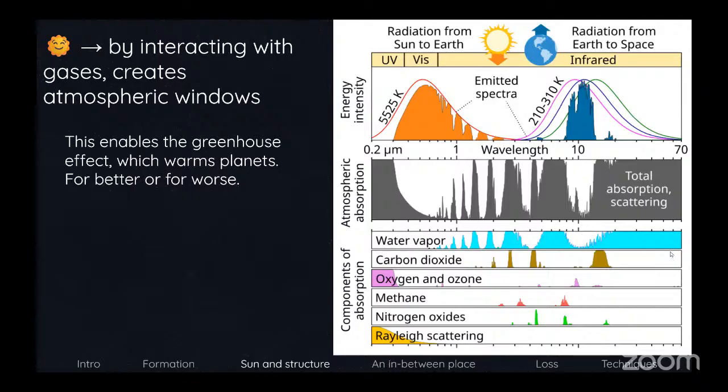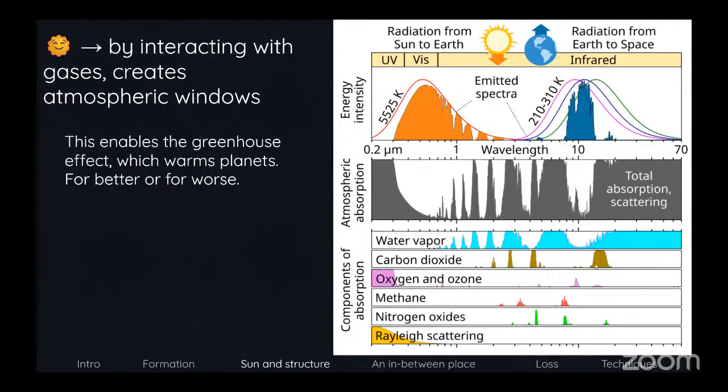So we've got water vapor here, carbon dioxide, and then some additional gases down here. And water you see has a whole lot of windows, but also a lot of points where it's opaque. So it's very easy to detect water vapor in Earth's atmosphere. Not as easy in planets around other stars, although we're very interested in that, of course, because some of us would like to know, are there aliens on other planets?